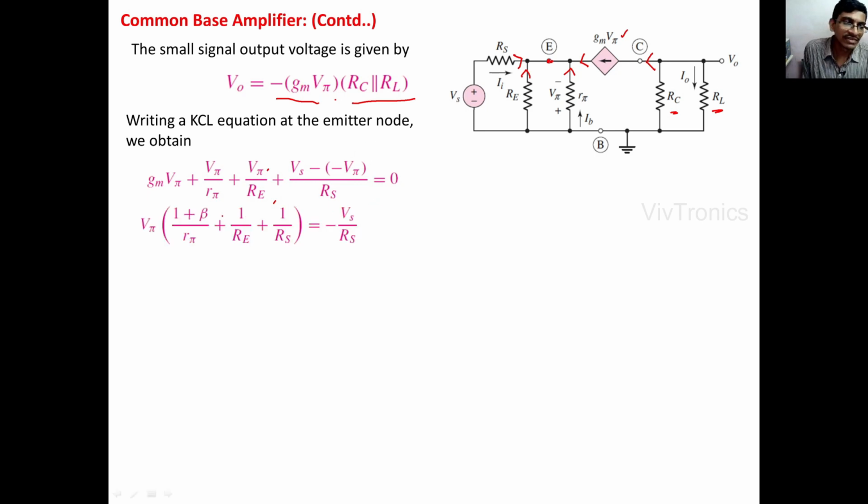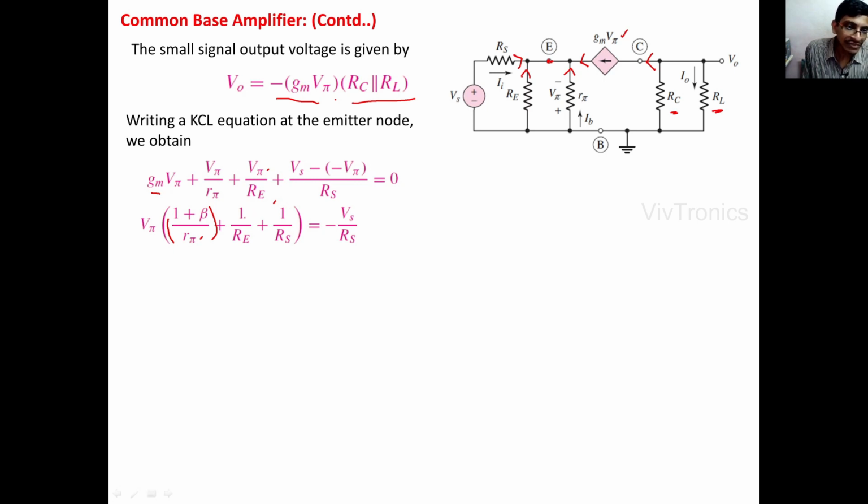In the above equation we can take the V pi as common, therefore this gm plus 1 by R pi can be written as 1 plus beta by R pi. Okay, which we have already seen. When we take LCM for gm plus 1 by R pi, gm into R pi is nothing but beta, and plus 1 we can get. Therefore this 1 plus beta by R pi will be equal to gm plus 1 by R pi,